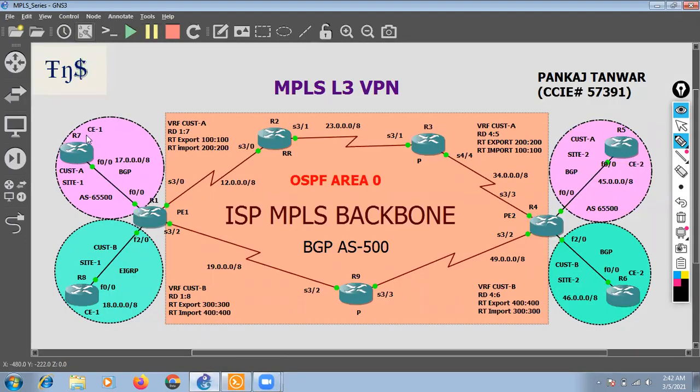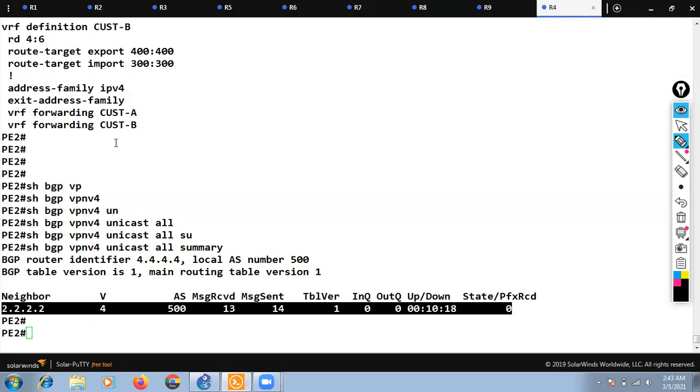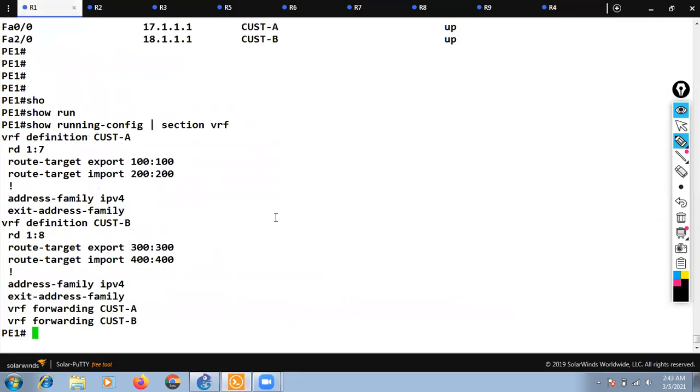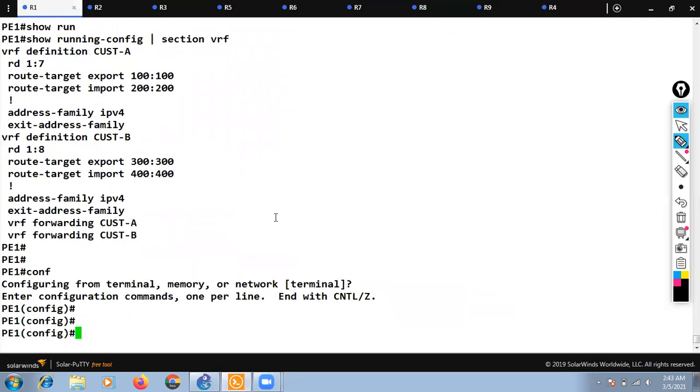Okay, so at CE1 we have already configured the BGP. So now let's also configure the BGP between R1 on the interface which is going to the customer, that we already put into VRF. So let's also configure the BGP between R1 and R7. So let's go to PE1, router BGP 500, because